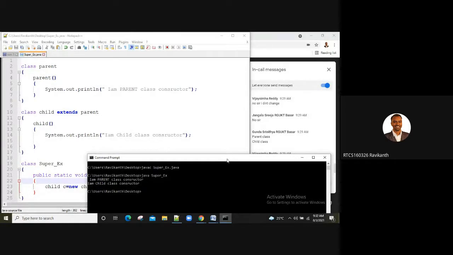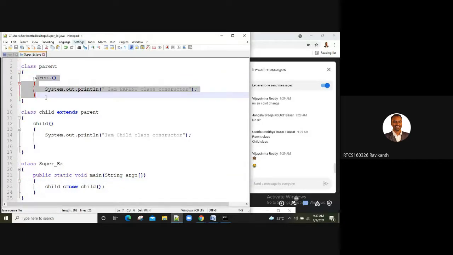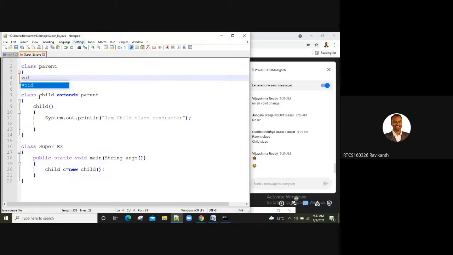So we have seen the super keyword with respect to variable, and with respect to constructor. Now we are left with the super keyword with respect to method. Now let me remove the constructor from here. I am making modifications in this code itself.